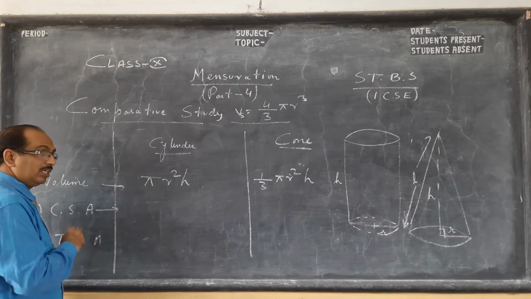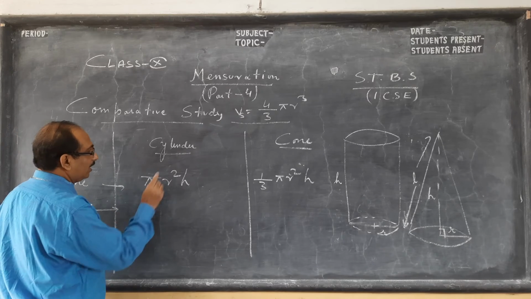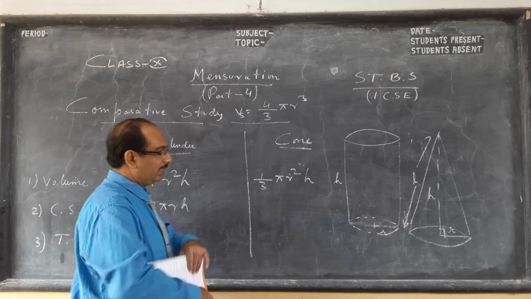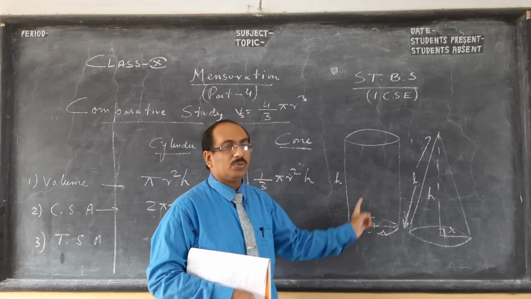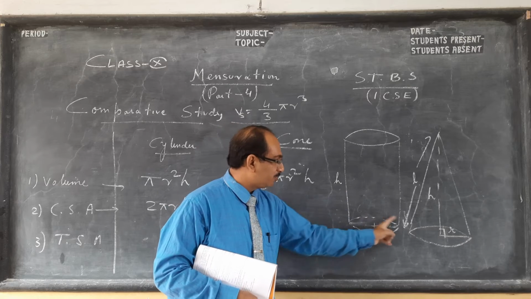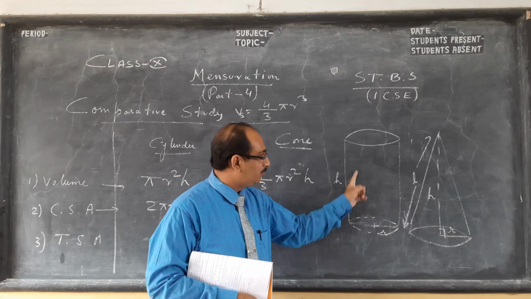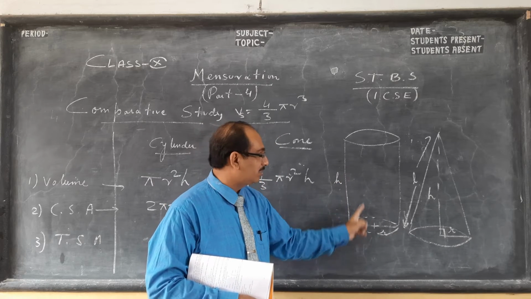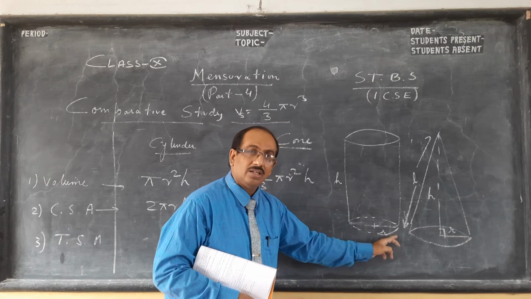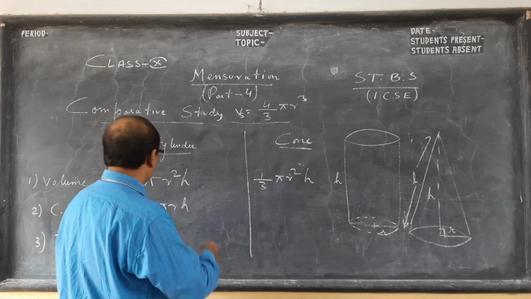Now, curved surface area. Curved surface area, if you see, is 2 pi r h, I have explained. Circumference of the base into h, 2 pi r, that circle, into h. This was volume, pi r square, area into the height is volume, pi r square h. And second thing, if you see, this is 2 pi r, circumference, into h, so 2 pi r h.